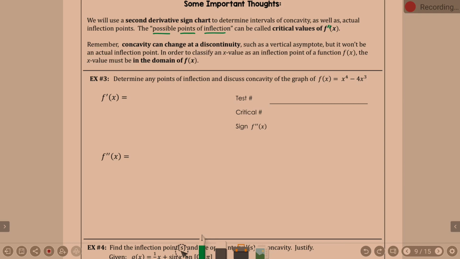We just talked about that, such as a vertical asymptote, but it won't be an actual inflection point. In order to classify an x value as an inflection point, the x value must be in the domain. Like that vertical asymptote, we wouldn't have been able to classify that as a point of inflection. So we're going to start talking about how to use this